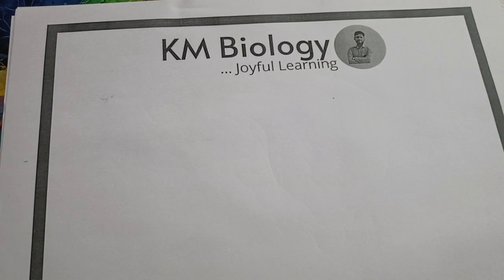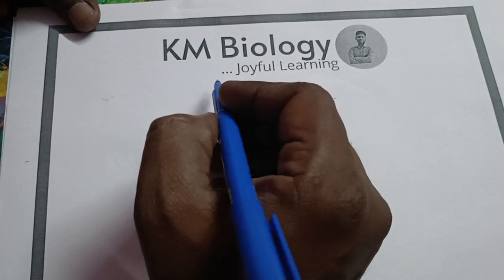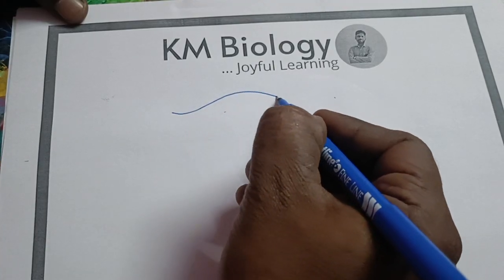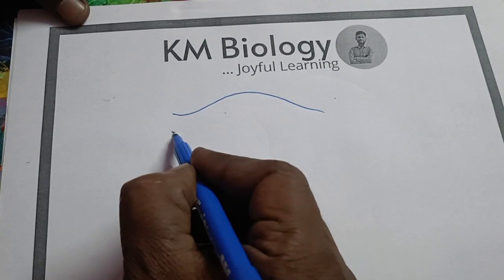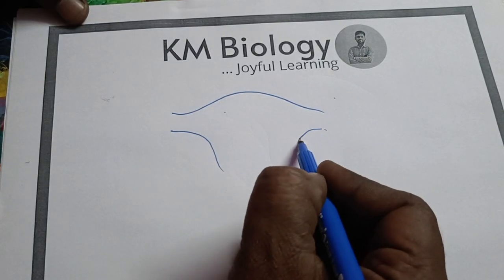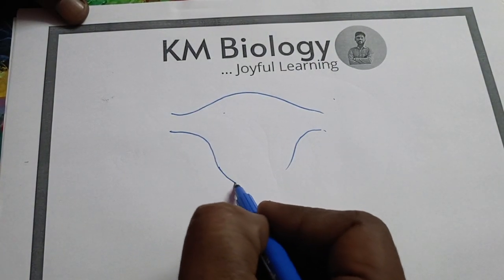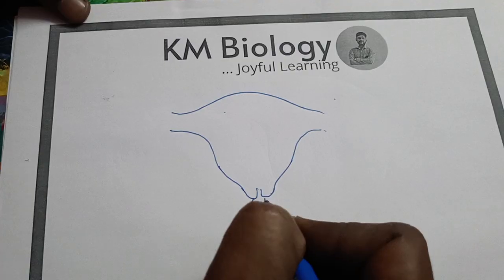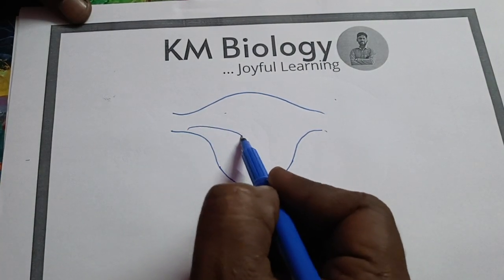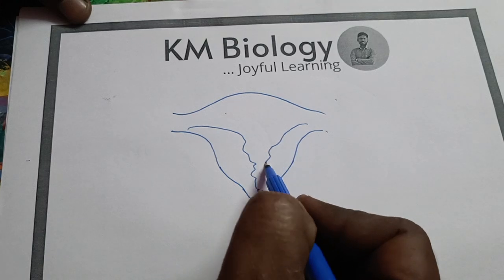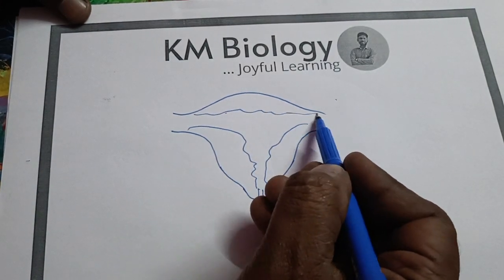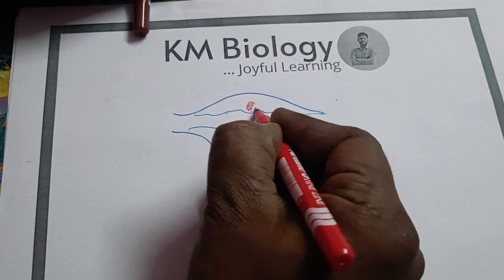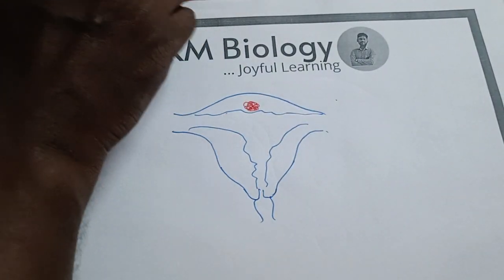So now we look at the changes that happen after implantation. Now you just consider this is the uterus, and cervix, then vagina. Now the blastocyst is attached. So now